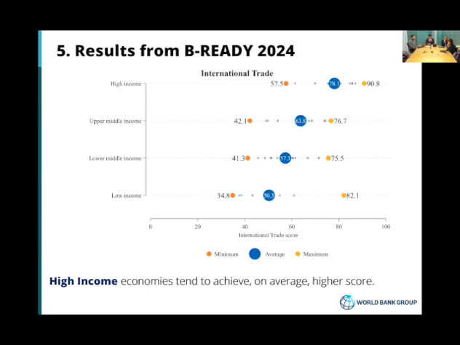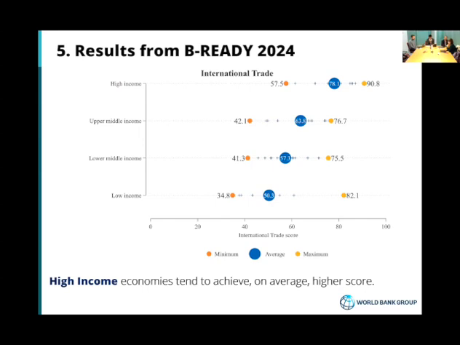What the slide also indicates is that economies do not need to be rich to develop a good business environment. So while the Be Ready economy scores for international trade have a strong positive association with GDP per capita, with high-income economies, as I mentioned, having an average score that is higher than those in the low or lower middle income classification, nevertheless, we do find in many cases